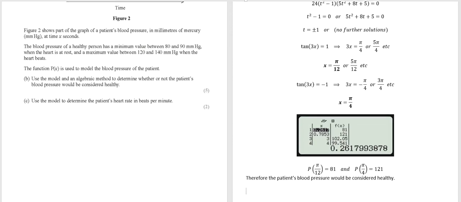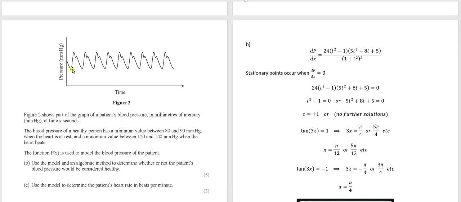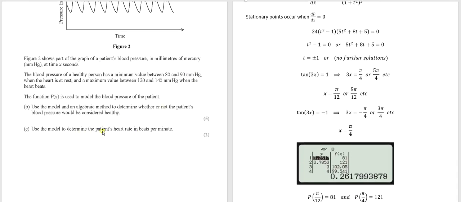The last part, bonus couple of marks for doing something that is relatively quick to do. We need to consider the patient's heart rate. In other words, how quickly we return to the same point in the cycle. So we don't need to worry too much about exactly what is meant by a heartbeat. But we know that if there's some kind of repeating process, some periodic process in here, then if we just go from one point to an equivalent point later on in the cycle, that will get us back to an equivalent point in the heartbeat, and the length of time that that takes, that's going to be how long the